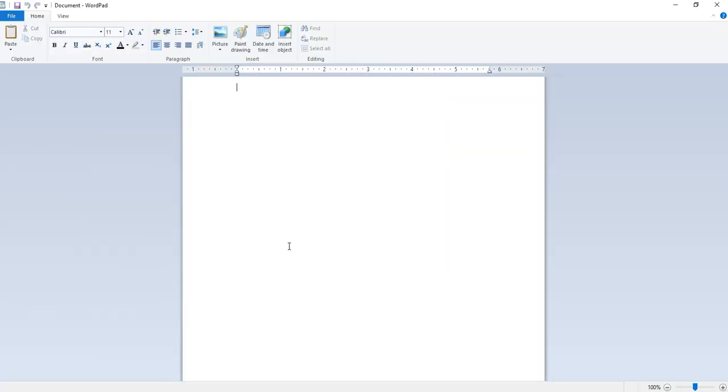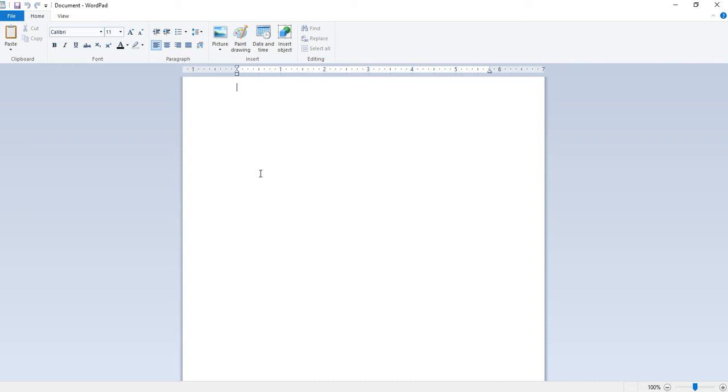It has many components. They are the title bar, menu bar, toolbar, formatting bar, ruler line and status bar. Okay, look at this picture students.